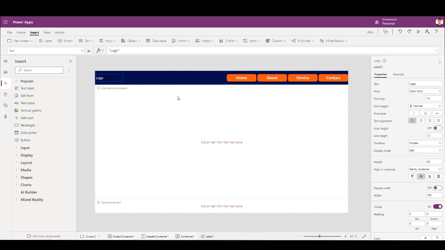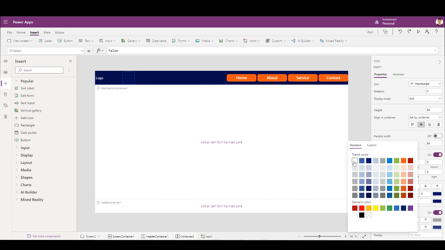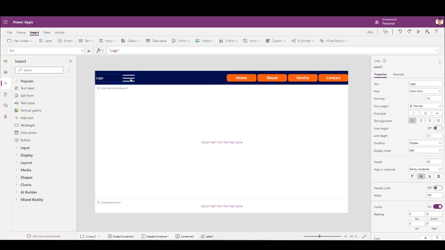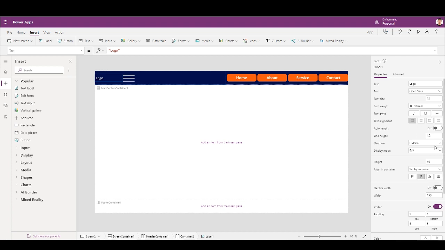Color it white, and since I want the logo to cover most of the part and the burger menu to just cover the last one, I'll put the flexible height on, flexible width on, so it will cover the rest of the area and this will cover the end.